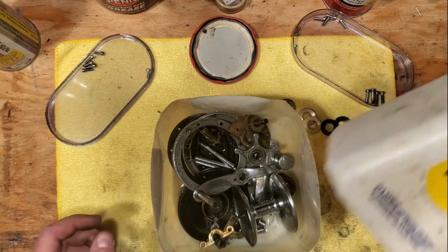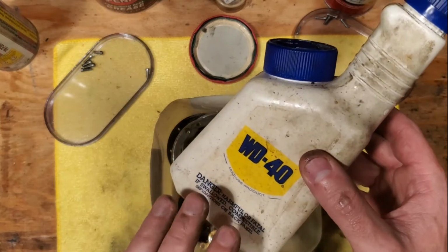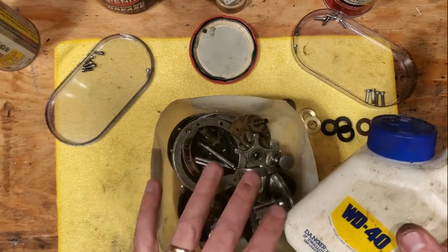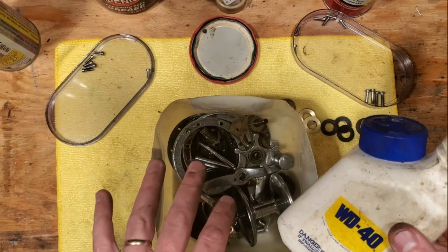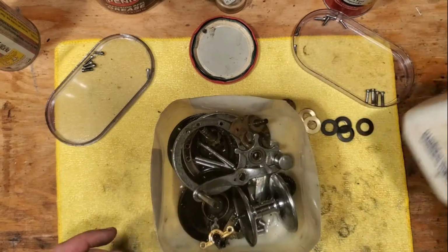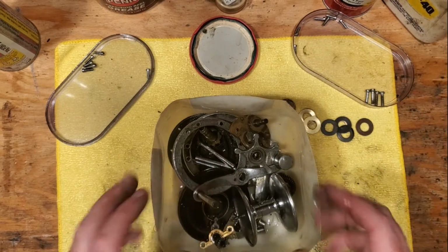Now, note, I don't find the WD-40 is always the best thing for breaking apart rust, or at least not deep rust, but it does loosen up the surface grit and some of that corrosion, and so that's why I like to use this. But what we're going to do is we're going to let this sit for a little while,